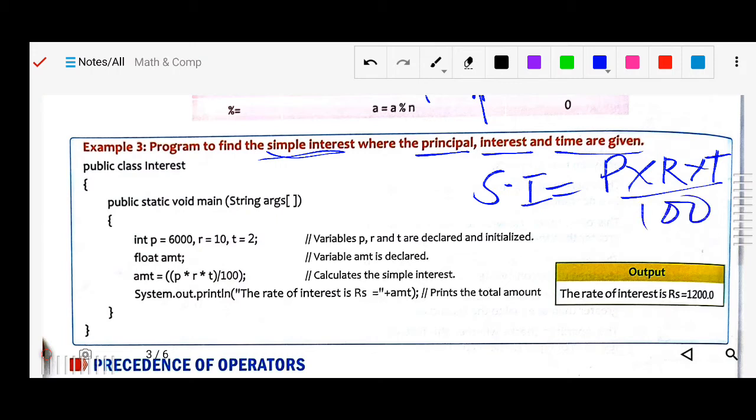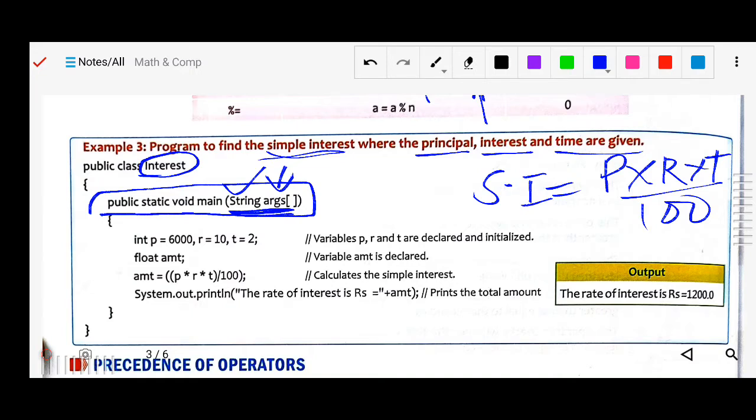Okay, so now here you can see, first of all the public class, and the class name we have declared is interest. Then public static void main, the main function we have used. Inside this main function we have declared a string argument. We are passing string arguments.